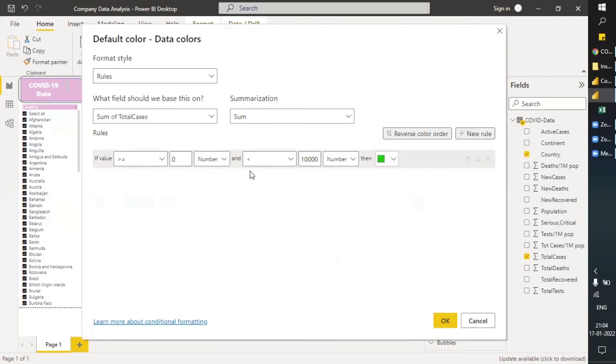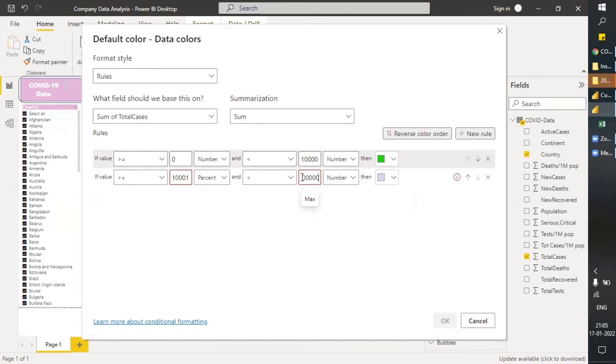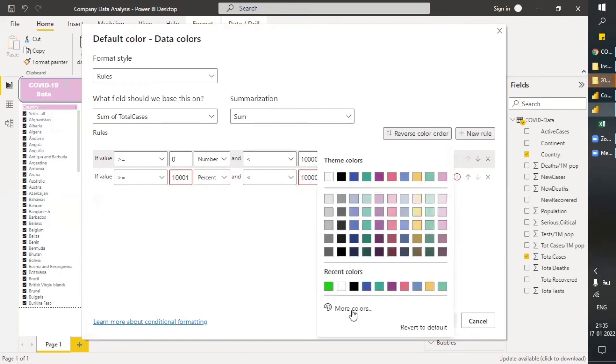And if you want to add another rule, just click on new rule, and this is also fine, or you can select your own choice, and then you can write just a continuous number 1, and then this should be something yellow.